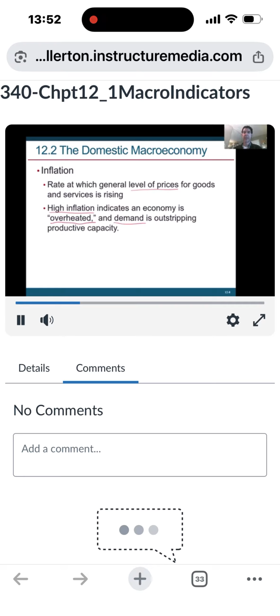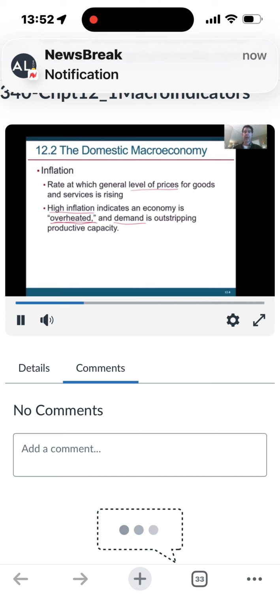And let me explain this a little bit further. If you have a product and the supply of that product is limited, maybe it's like a new iPhone or something like that, but everybody wants to buy it, very high demand, then what's going to happen? They're going to push up the price, okay? And that price going up, that's inflation. So that is sort of demand side overheating economy inflation.